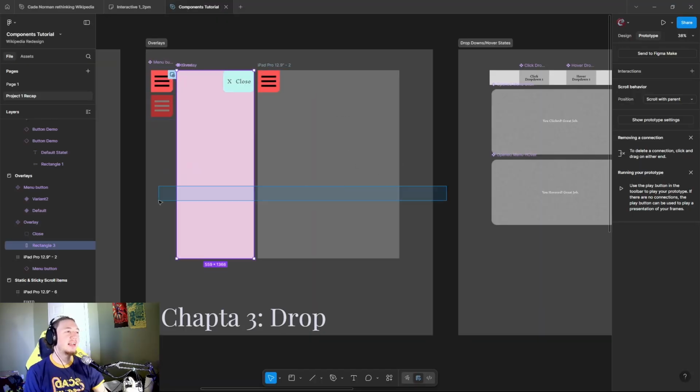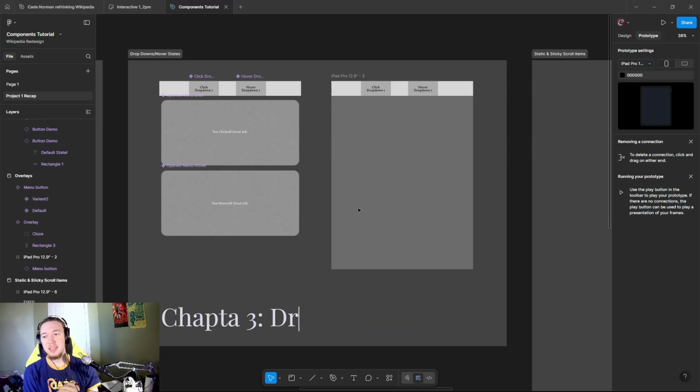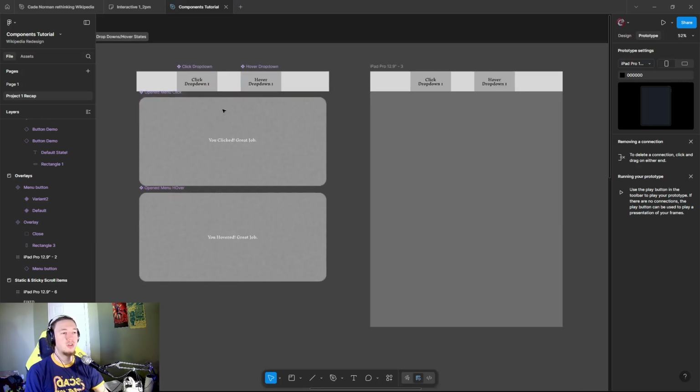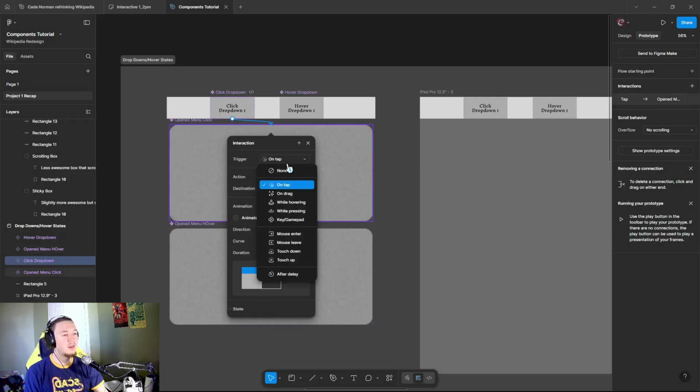Moving on from overlays, we're moving into drop-down menus, which are a pretty big extension of overlays. It's basically bringing in some of our other understandings of the way that buttons and components are working and applying them all in one space to make it feel more professional. So for this case, we've got a click drop-down button. So in prototype mode, I'm going to bring it to the opened menu click, and on click, it will open an overlay,